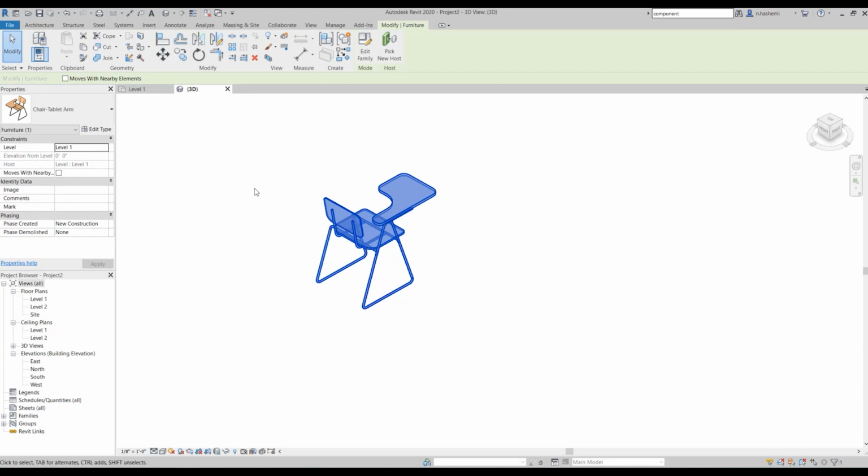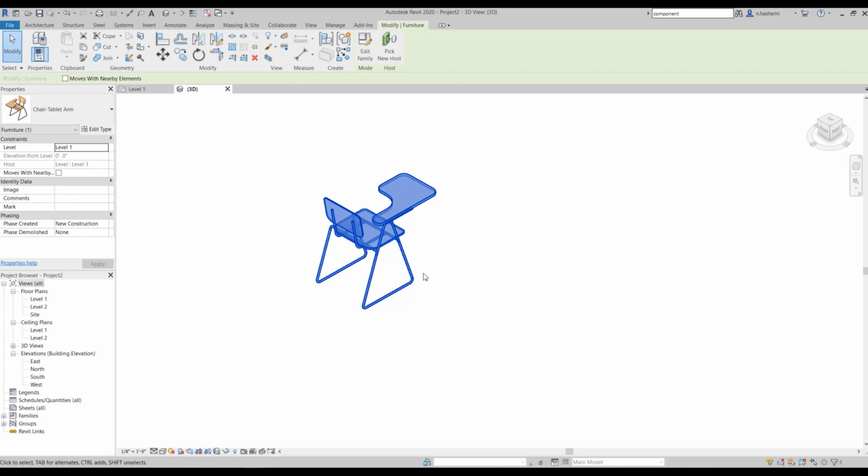Now, they might even limit your choices. For example, they might say that we have this chair only in 2 versions, for example, either in red leather or gray one. So they might limit your choices of materials to these 2 only. It actually totally depends on the family creator's decisions. In loadable families, every 3D element has a material parameter. Okay? So now let's move on to the next method of assigning a material, which is by face.